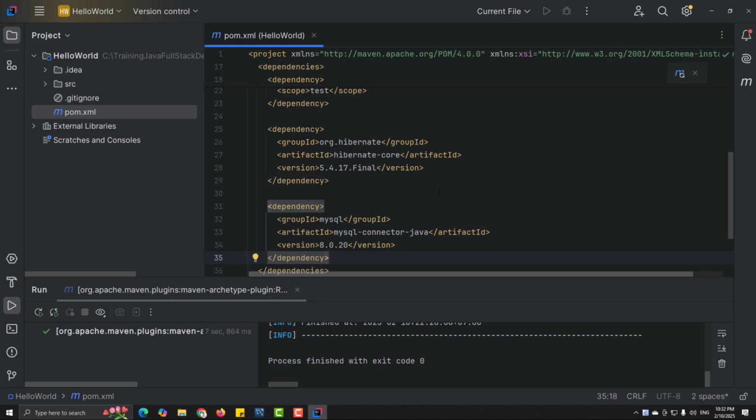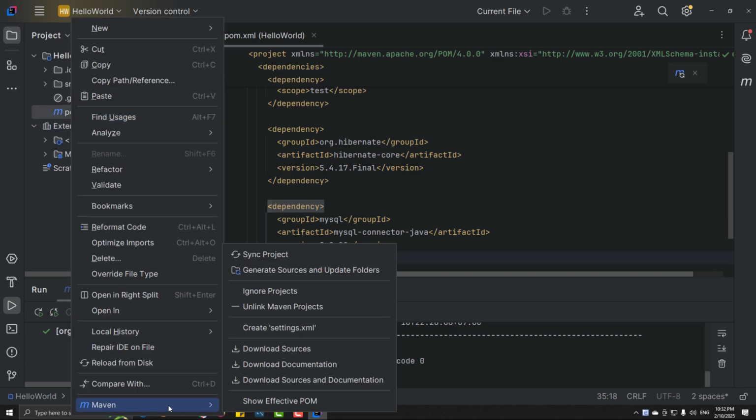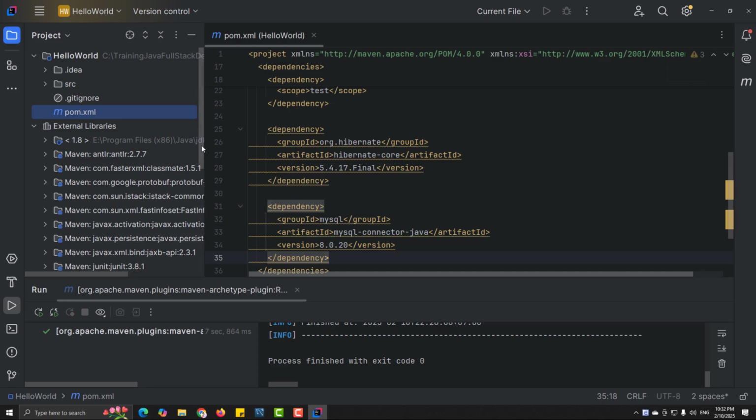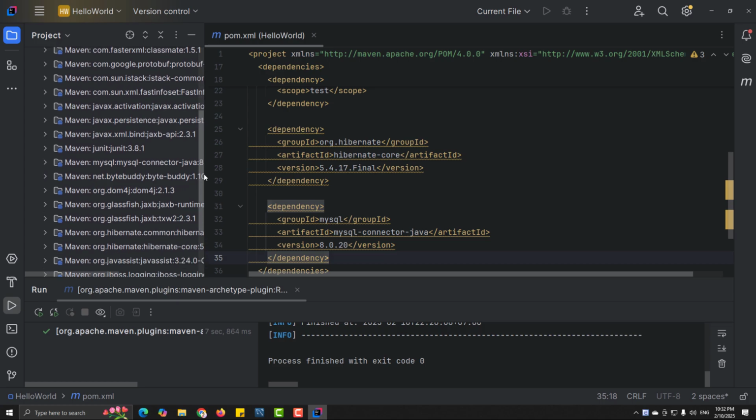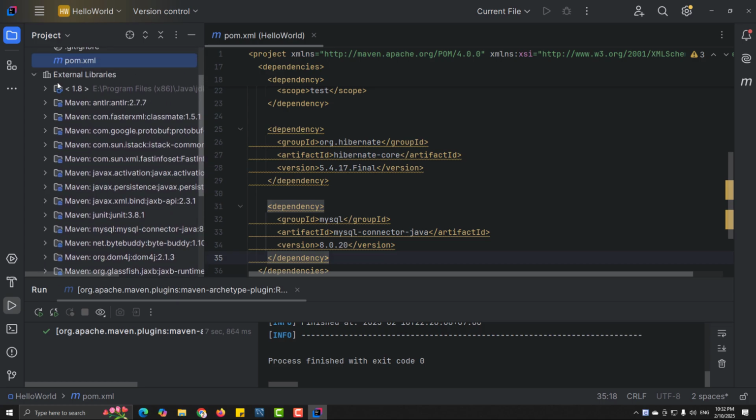Alright, after you copy, if Maven does not automatically fetch your libraries into the external libraries, you can right click on the BOM file and choose Maven and choose the sync project here. After you choose it, all the dependencies from this library will be fetched into your project inside the external libraries